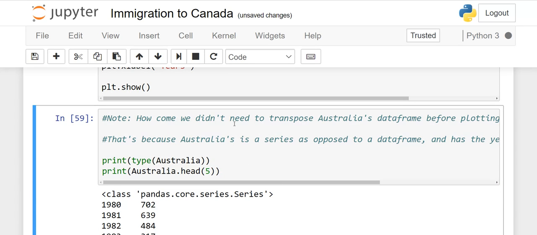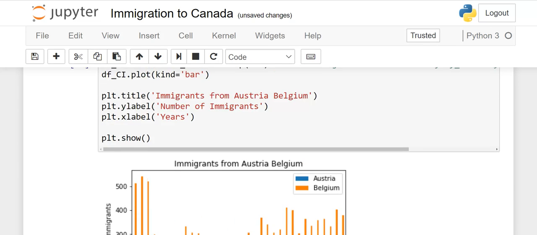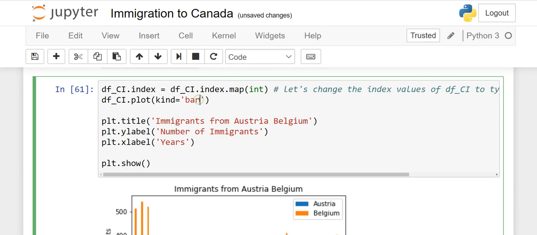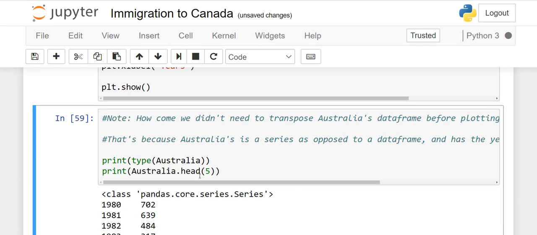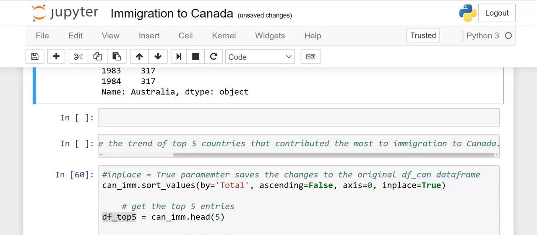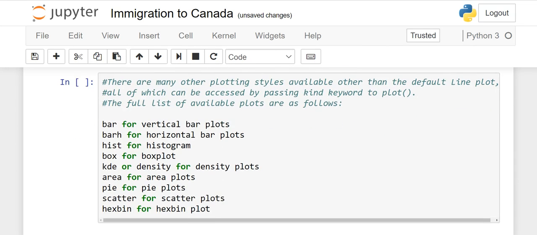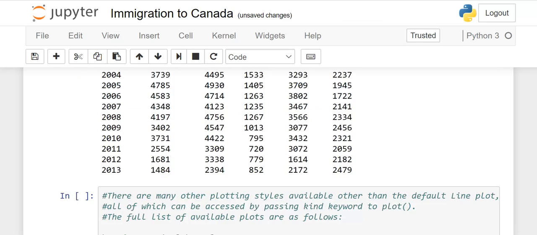You will see the vertical bars in the output. The blue is Austria and the orange is Belgium. If you want horizontal, then kind equal to barh and execute it. So you will get the horizontal bars. You can also try the pie chart, the box chart, the scatter chart; there are different charts. All these we will learn in this course.